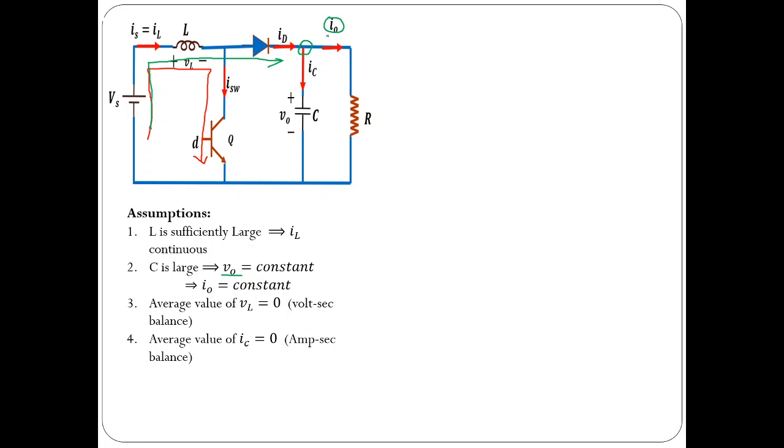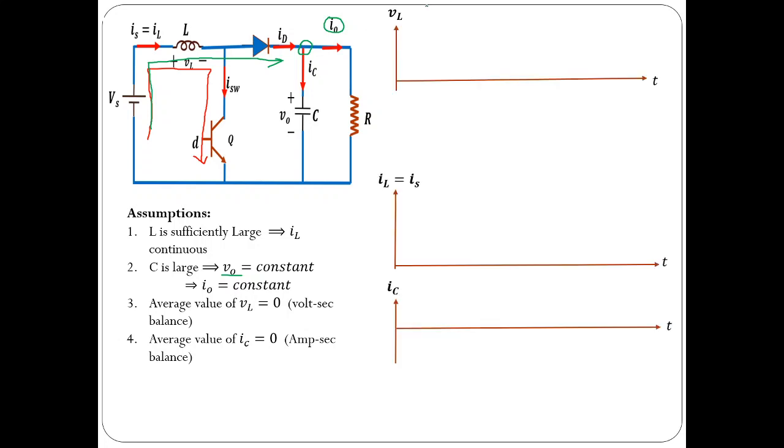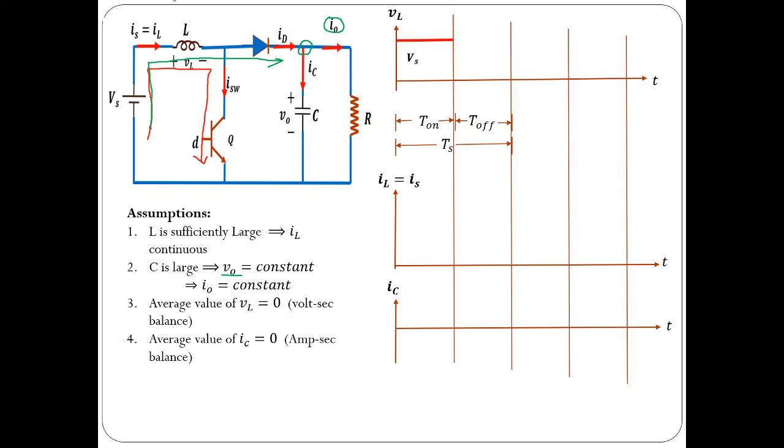So let us try to indicate all these waveforms. I would consider voltage across inductor waveform, current through capacitor waveform, and the current through inductor waveform in order to find out the relation between input and output quantities. Firstly, let us consider voltage across inductor. During the on period, voltage across inductor is same as Vs, and during off period it is Vs minus V0, which is negative. So this is the voltage waveform for complete cycle, complete switching period. Now same waveform would repeat for remaining cycles also. For simplicity, I have considered only two switching periods.